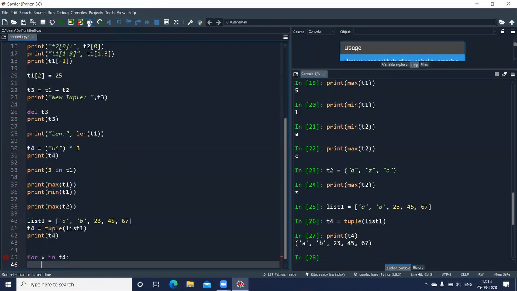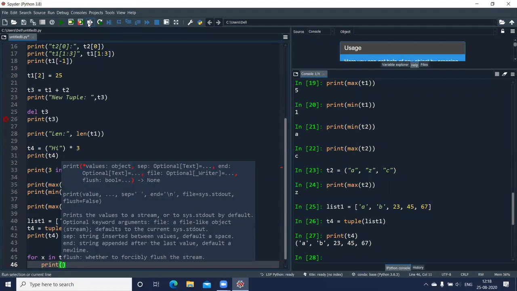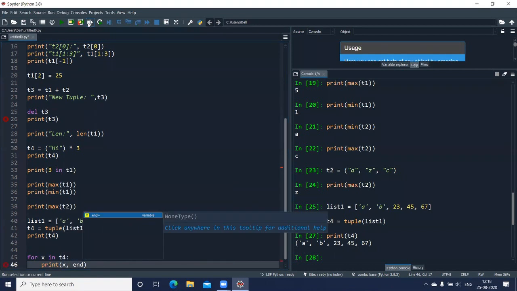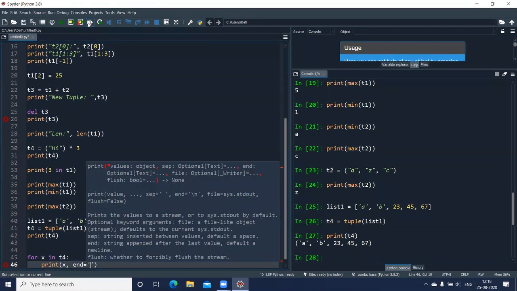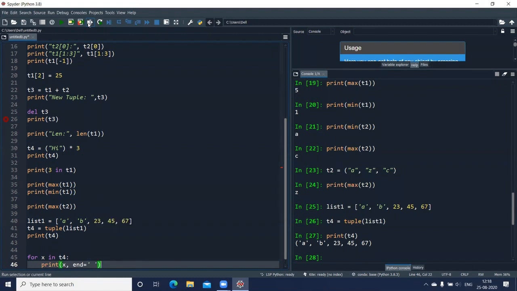Okay, and I can print each element, say x, and let me put it on the same line. So end equal to, and I'll give a space. Okay, so let us execute this for loop.